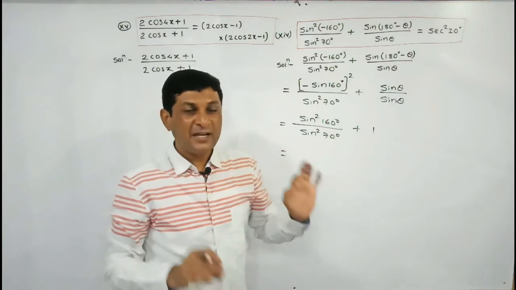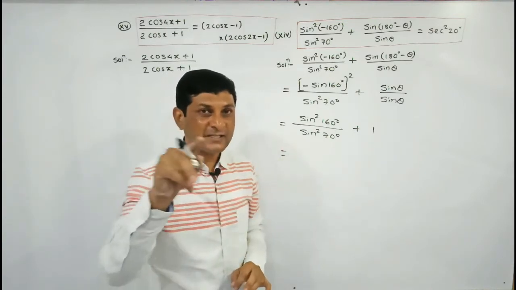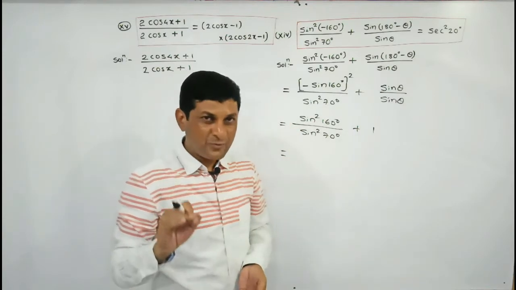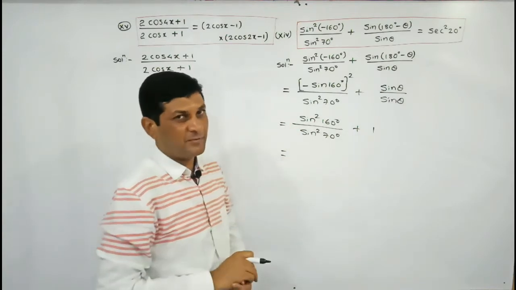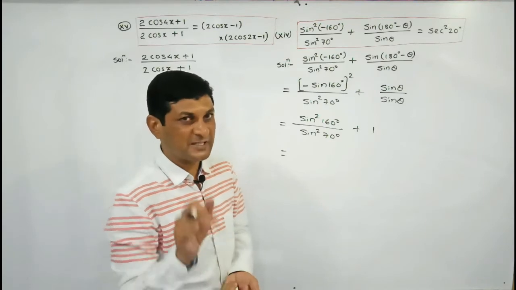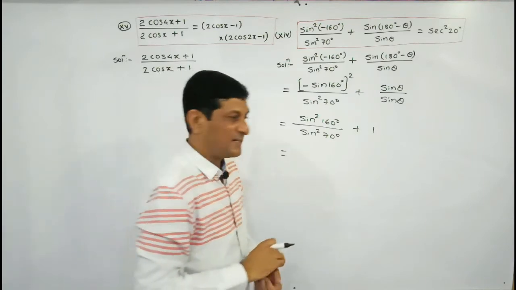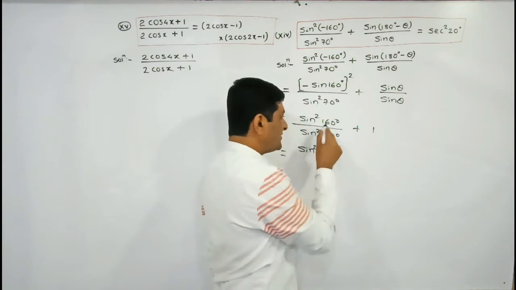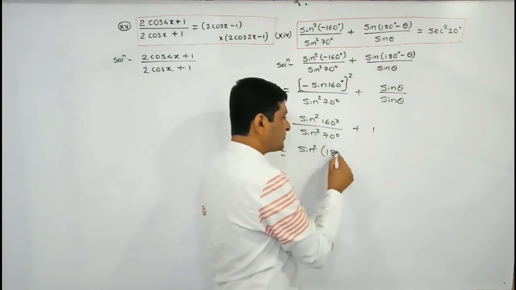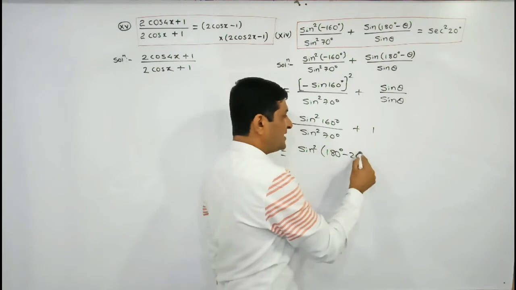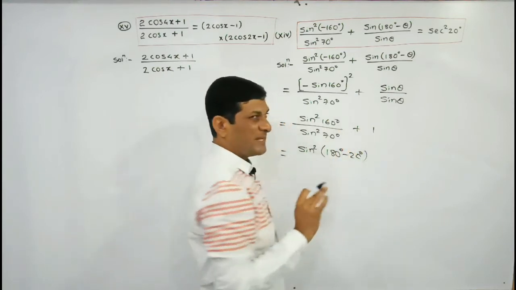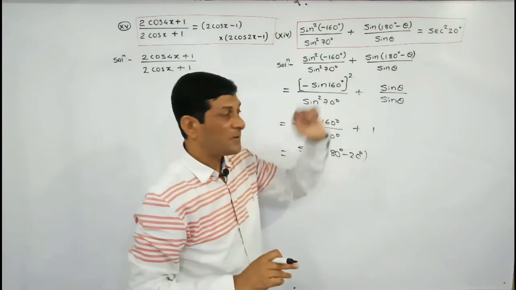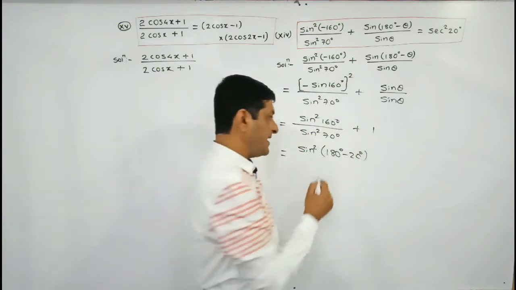Just simply we have to convert this term into tan 20 degrees, and tan 20 can be written as sine 20 upon cos 20. This means in the numerator we will try to get sine 20 and in the denominator cos 20, that is, sine square 20 upon cos square 20. So keep this sine square as it is. Can I write 160 as 180 minus 20? Yes, 180 minus 20 is 160. And why are we arranging it in this form? Because in our required result we will require 20 degrees.